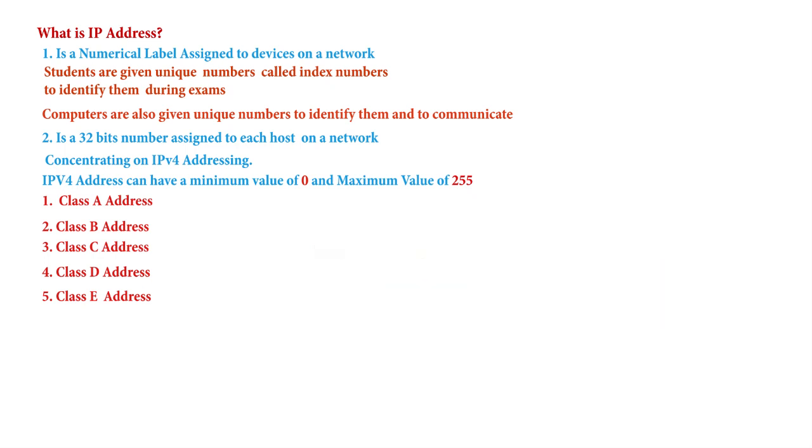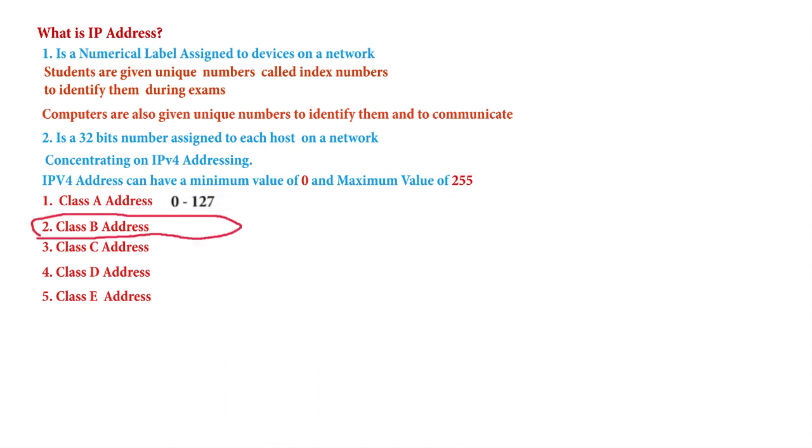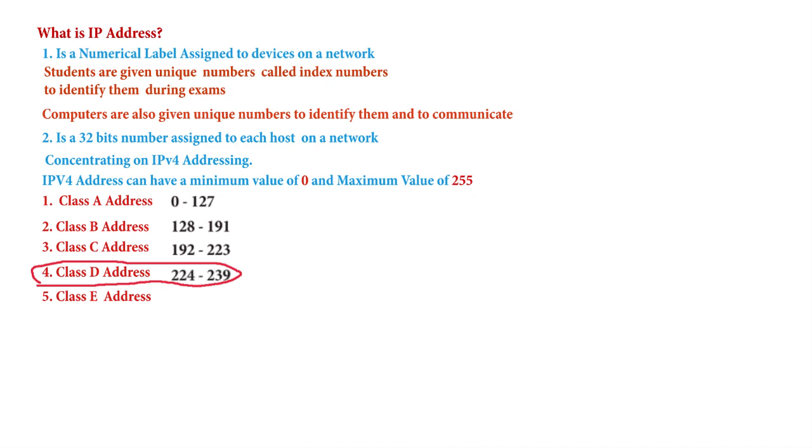When we consider the decimal values 0 to 255, Class A address begins from 0 to 127. Class B address begins from 128 to 191. Class C address begins from 192 to 223. Class D address begins from 224 to 239. And lastly, Class E address begins from